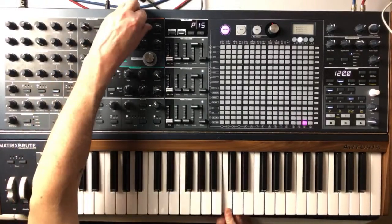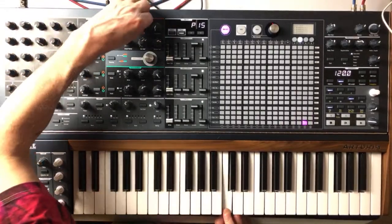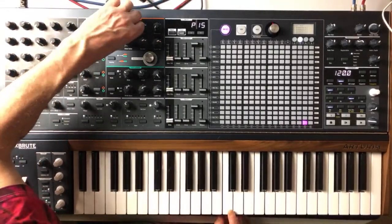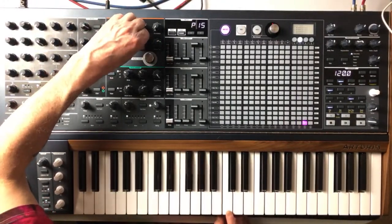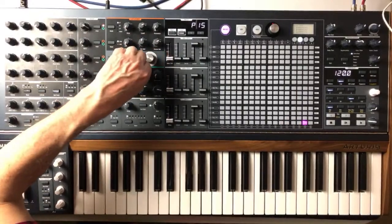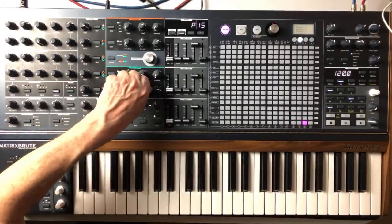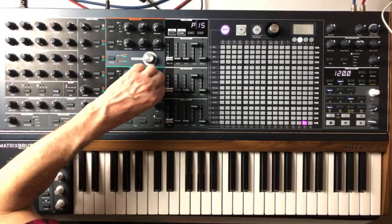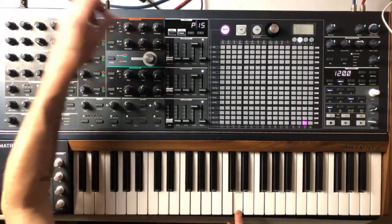Like this. We can actually... and that would be like that. And that would be like this. And the envelope amount would be like this. This would be like this. This would be like that. Envelope amount would be... And the ladder out would be, well, whatever you want it to be. But, so Steiner out, mixer,